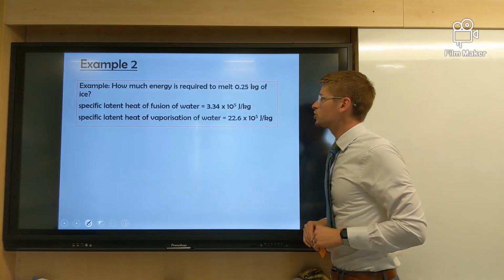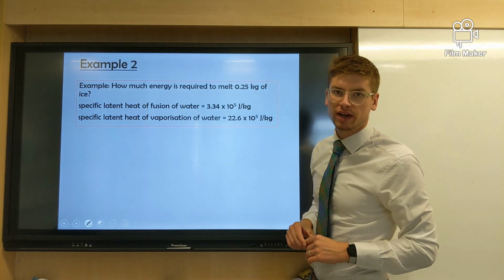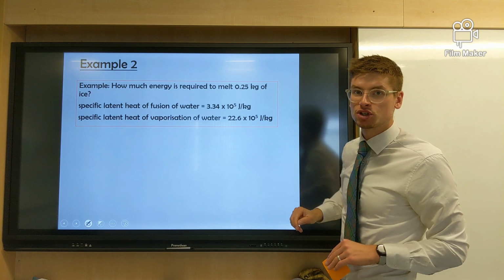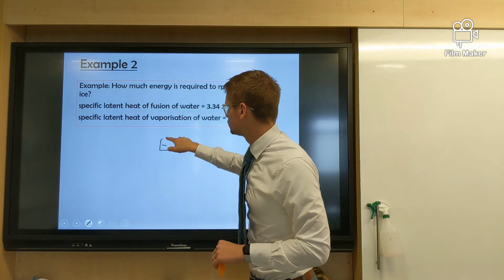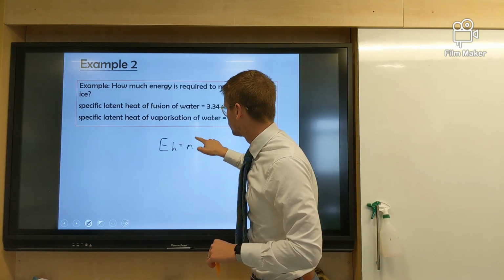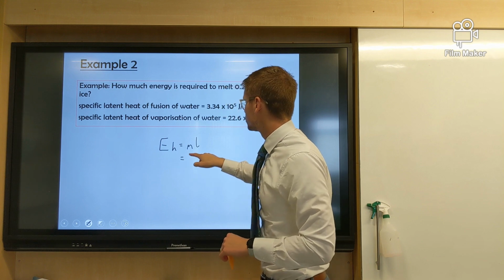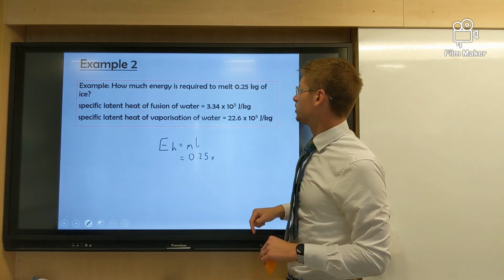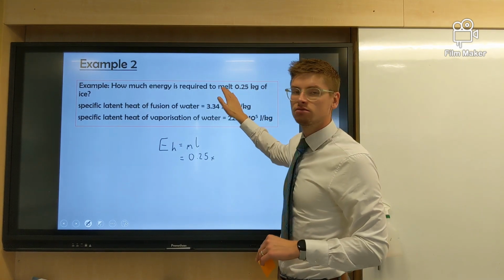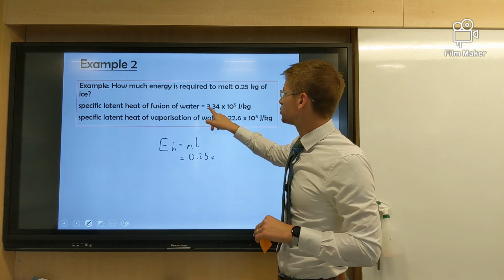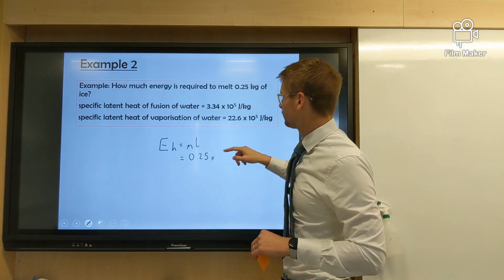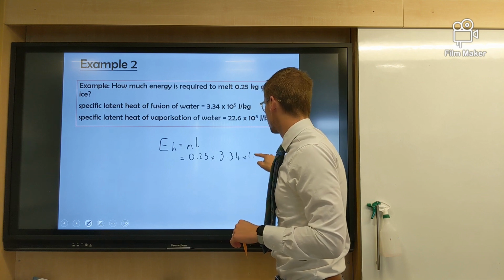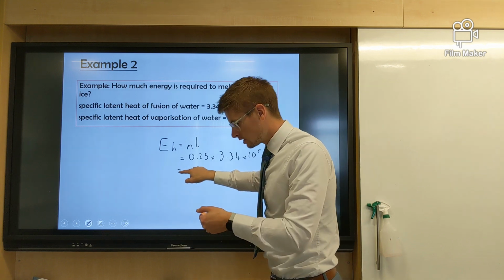It's asking how much energy is required to melt 0.25 kilograms of ice. Now, we know it's melting, which means it's EH equals ml. There's no change in temperature here. EH equals ml. The mass is 0.25. And the latent heat, what are we going to use? Well, it's melting, so therefore it's solid to liquid, which means I'm going to be using fusion. Times 3.34 times 10 to the power of 5 gives us